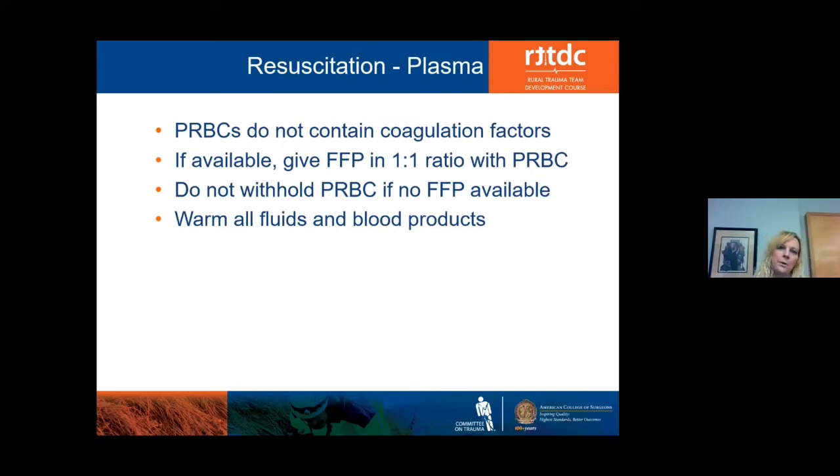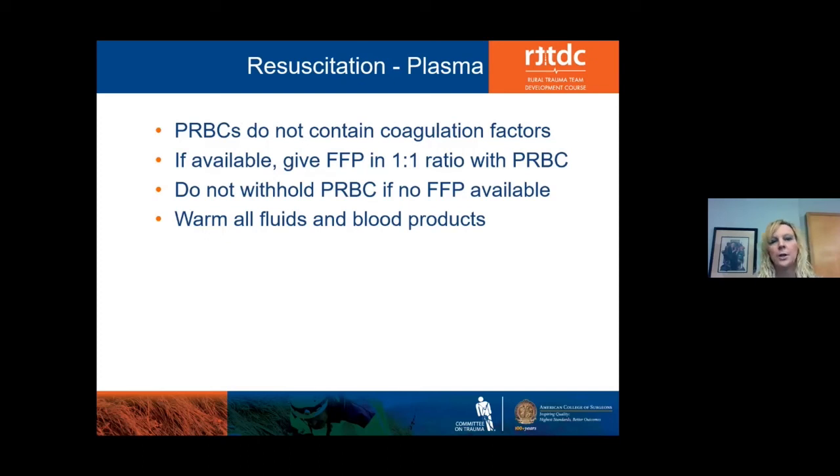So when we look at blood component resuscitation, truly what we're finding now is that if you have the capability of giving whole blood, which a lot of places don't at this point, but once those capabilities are available, whole blood is really the way to go. Packed red blood cells, most places will have at least a couple of units of packed cells. We can use those. The problem with the packed cells is they don't contain coagulation factors. So truly, if you're doing a resuscitation the way that we should, you should be giving FFP and also platelets to these patients. So once you give about 2 packs of